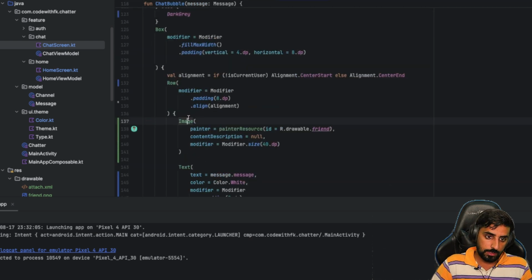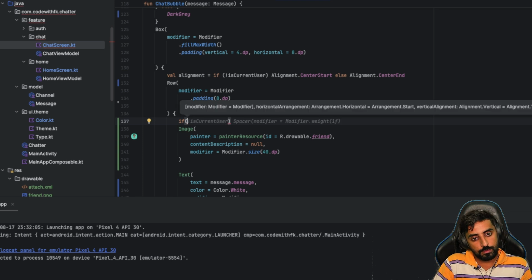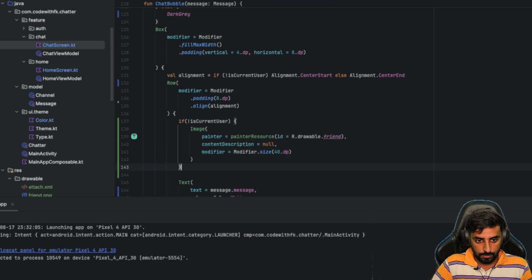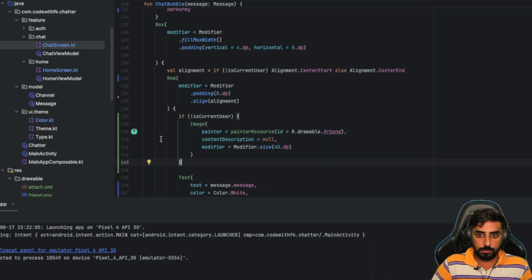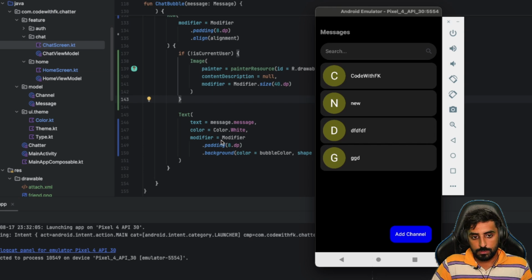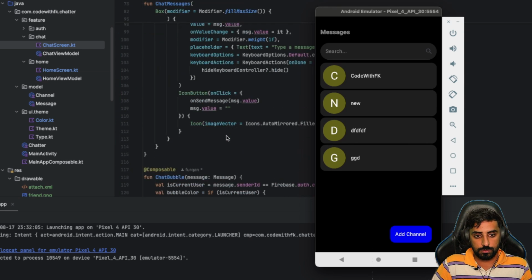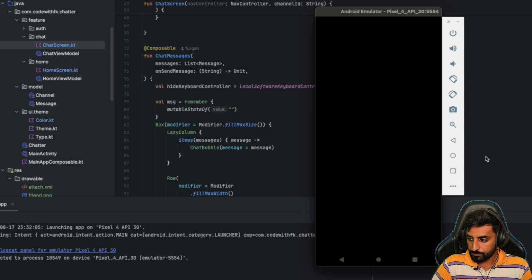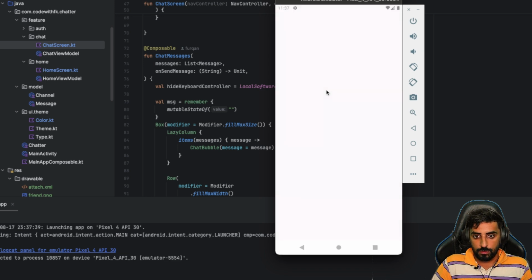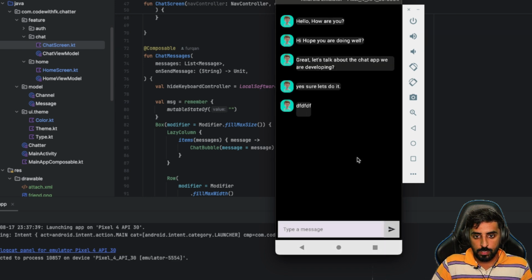And for this image, let's say if not current user, we will use this, else we'll just leave that over here. And now if I run it, I hope as per the design things will get better, but let's see how it looks. So now it's restarting, and I click on this, it looks something like this. I would say much better,